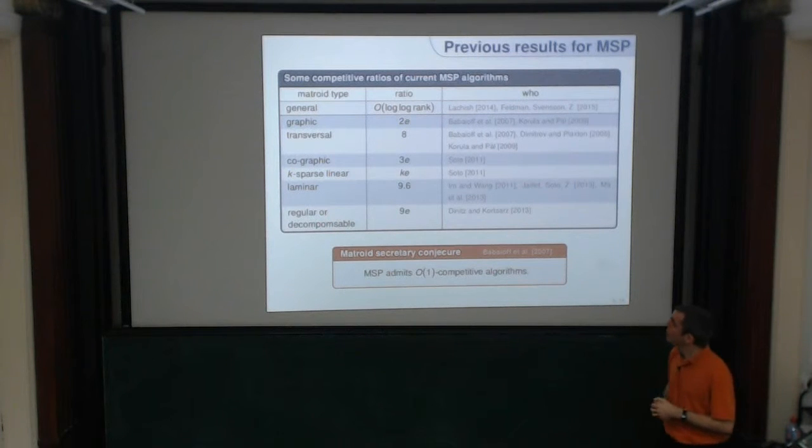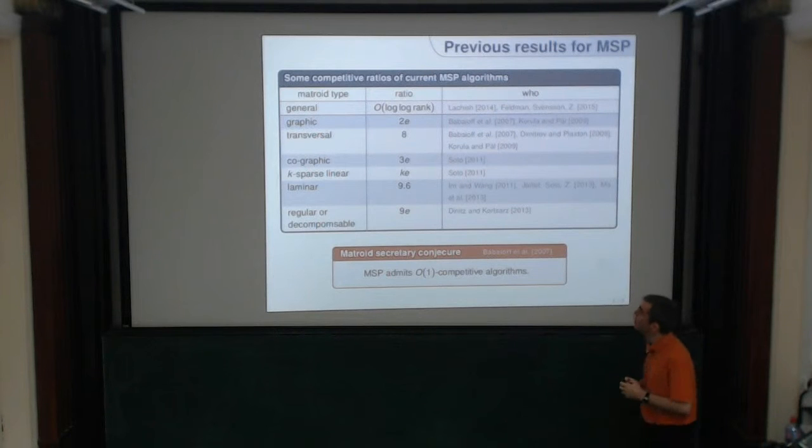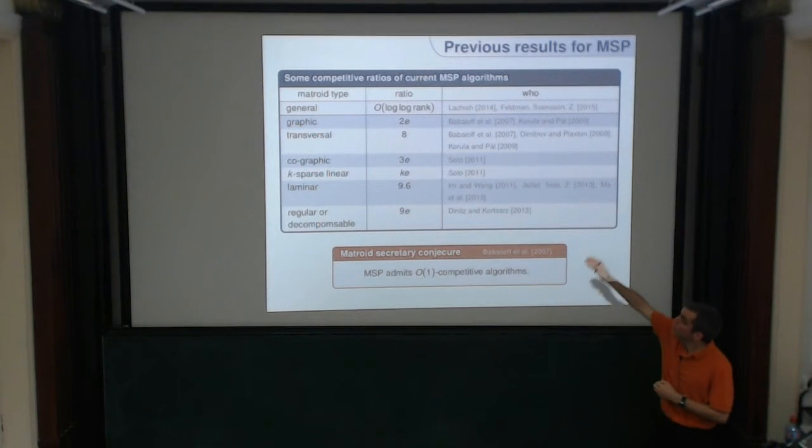For that problem, a whole bunch of results are known. The best result for general matroids is a log rank approximation. The first one was introduced by Babaioff, who's somewhere here in the audience. Oh yeah, far behind there. And then a later, somewhat simpler procedure was introduced. And then there's a whole bunch of special cases, special matroids, on which constant competitive algorithms can be